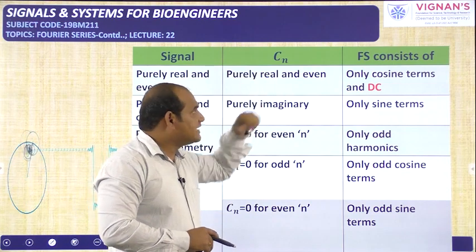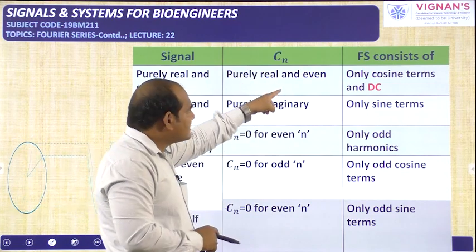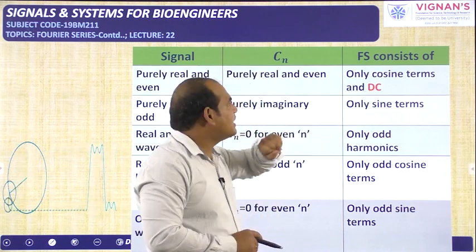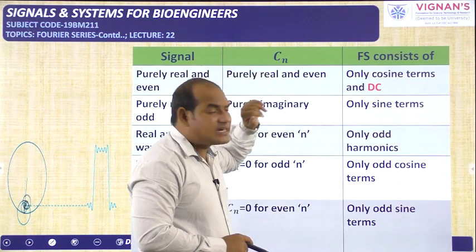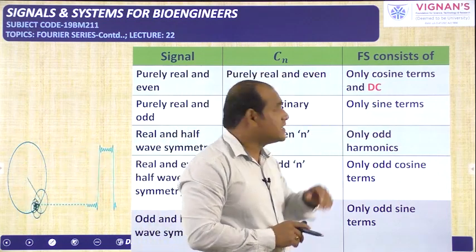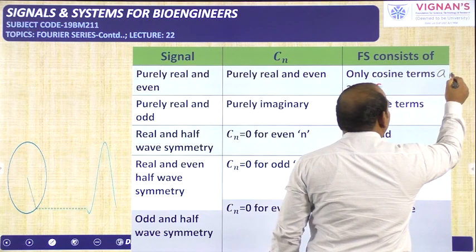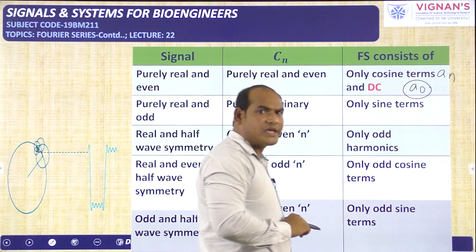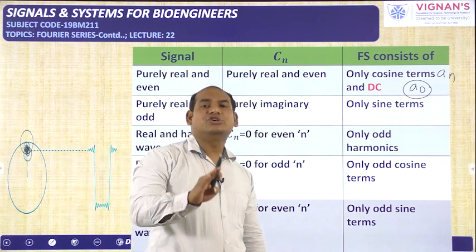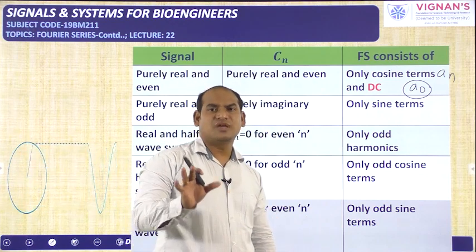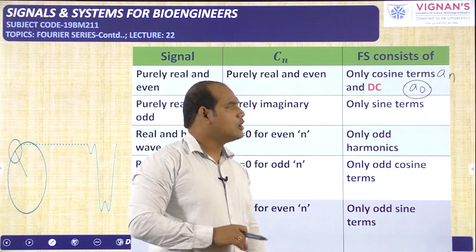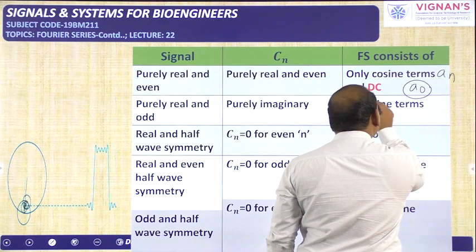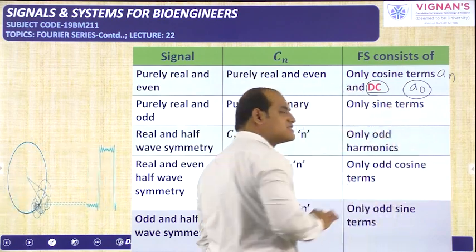Coefficient we got real and even only. If the signal is even, that is having only cosine terms and DC also. Some people will tell that if the signal is even, it has cosine terms and DC. That means here An terms are available and A0 is also available. But A0 itself is the cosine only, A0 cos 0 into omega naught into t. These things we have taken in the initial class of the Fourier series. So A itself is related to cosine, but specifically A0 is nothing but DC term. That's why they are writing separately.